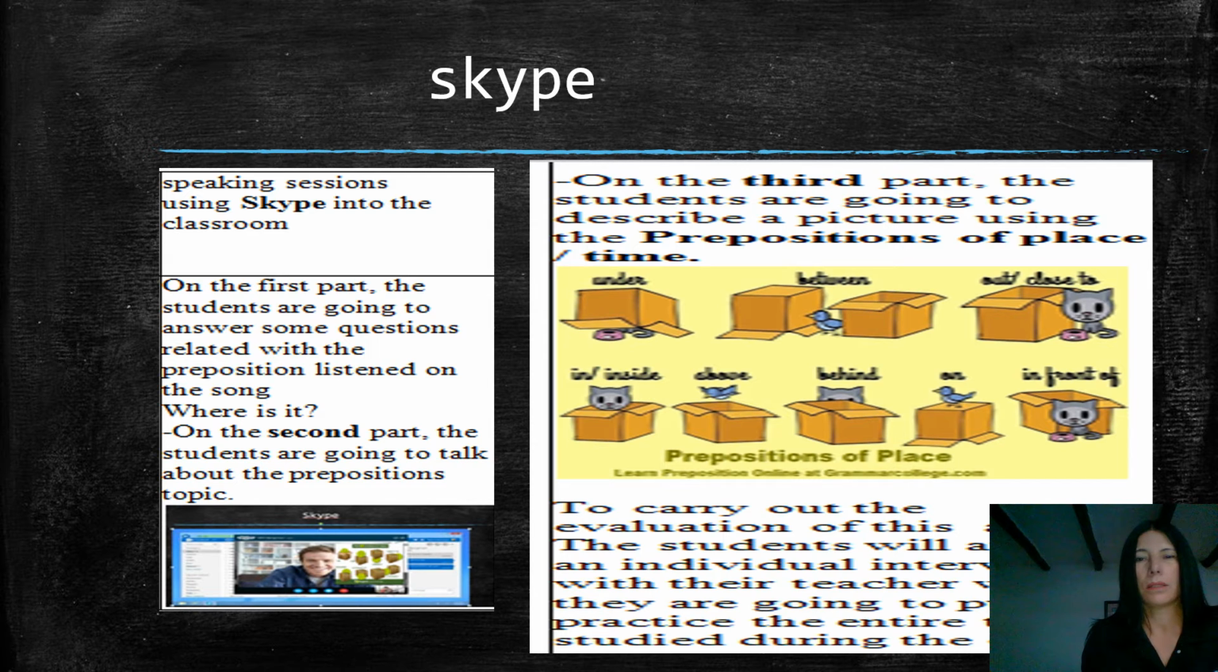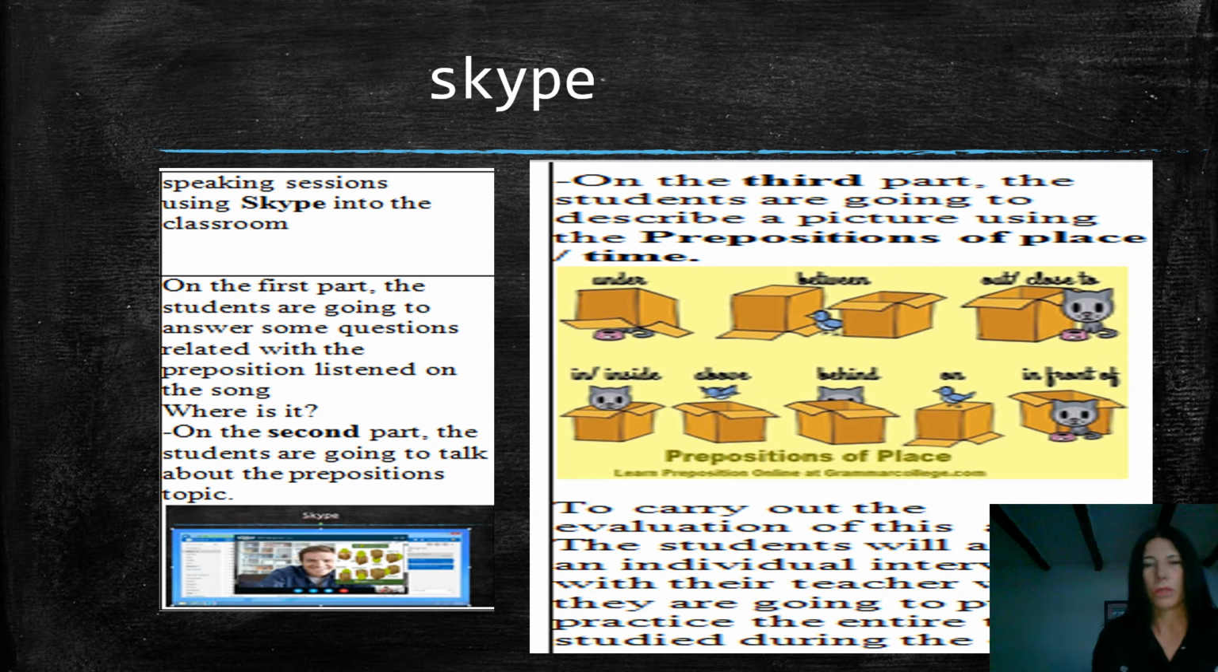The cat is under the box. Where is the bird? The bird is between the boxes. Where is the cat? The cat is next to the box. Or another, where is the cat? The cat is inside the box, or the cat is behind the box. Where is the bird? The bird is on the box, and the cat, at the end, is in